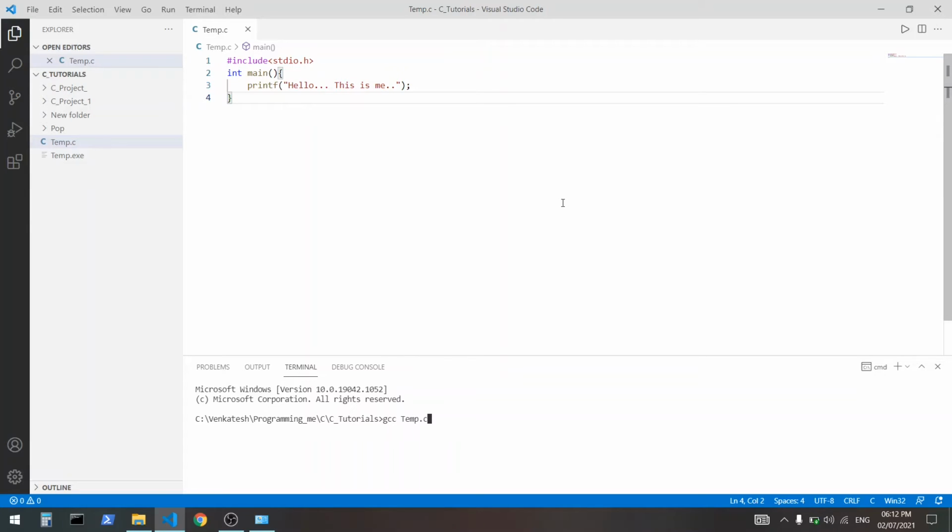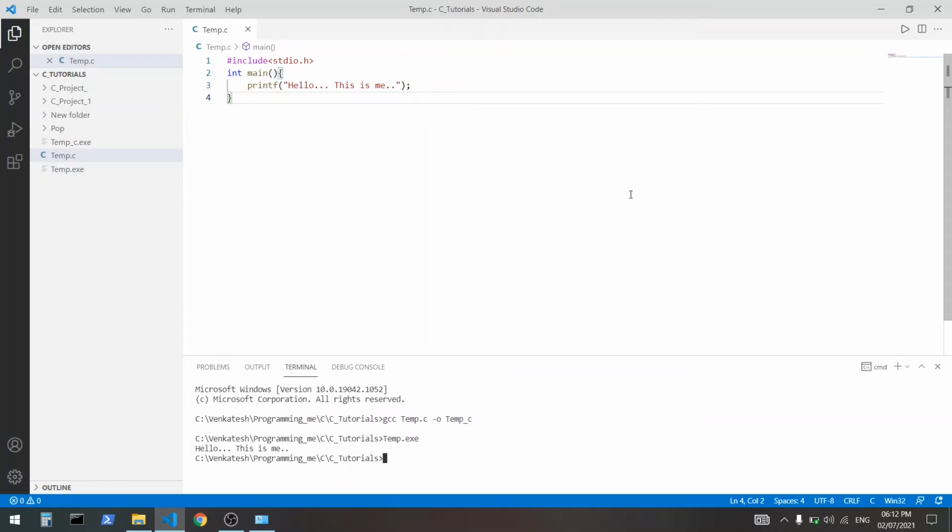This is to compile the program we have written and make an executable file out of it. So the code is very simple. It is gcc, your file name, and then -o, then the name you want to give, so you can access it.